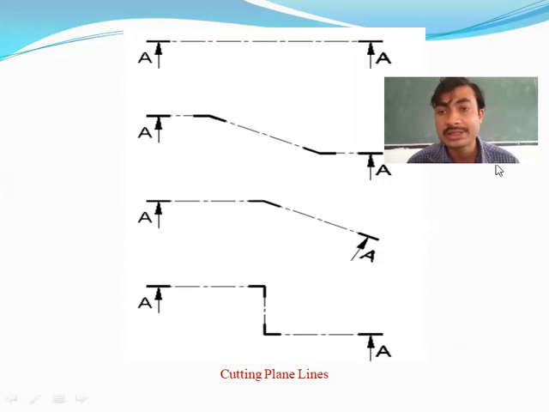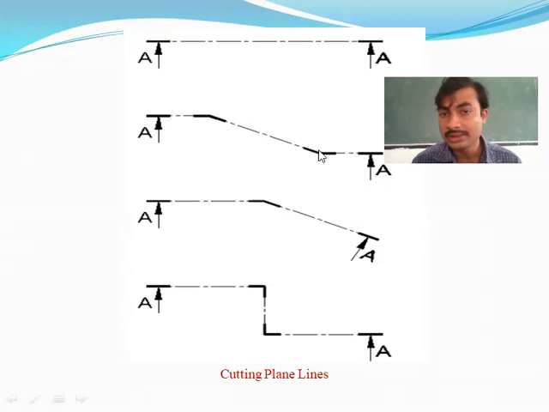In the first sketch, the cutting plane is horizontal, but in the second sketch, we see the inclination. My dear students, here you can observe, this is the start of the section plane, hence it is dark, but as it goes on, it moves in the direction. Here there is a change of direction. When there is a change of direction, the line must be dark. Once again, the rest of the part is thin.